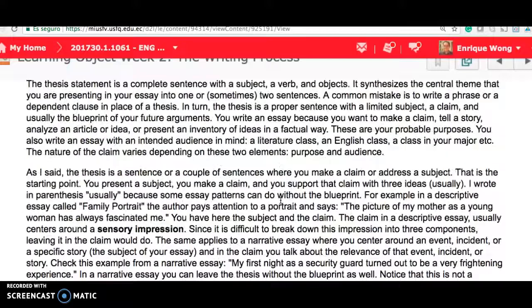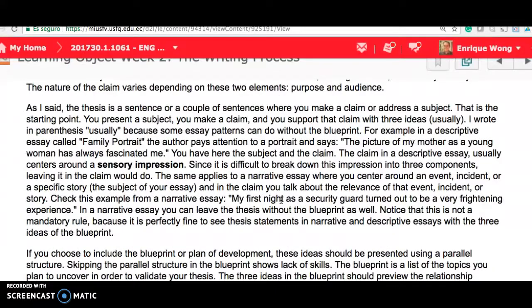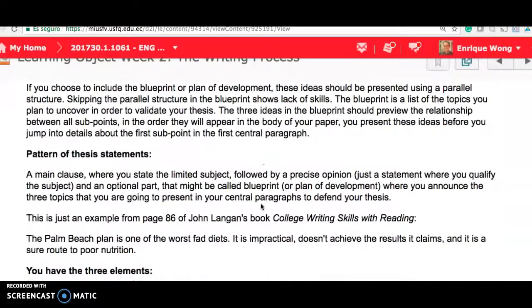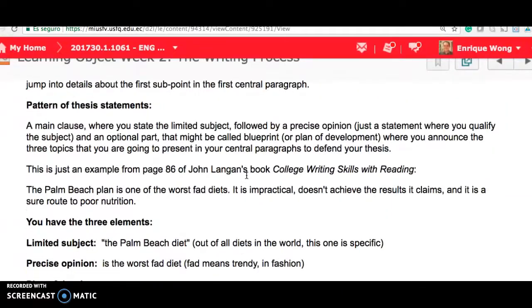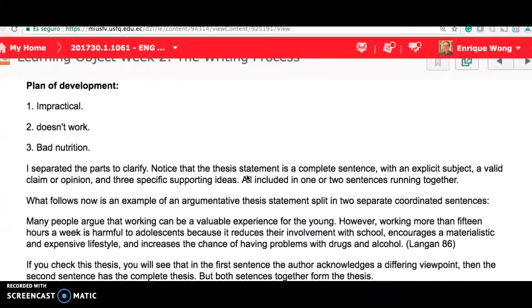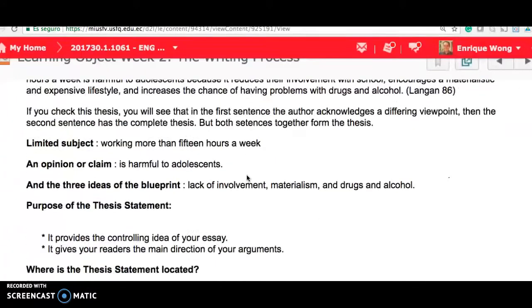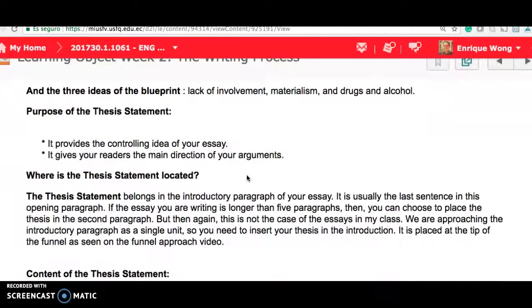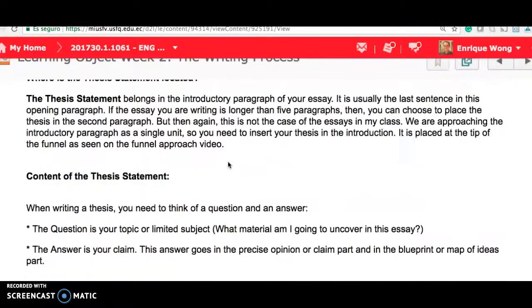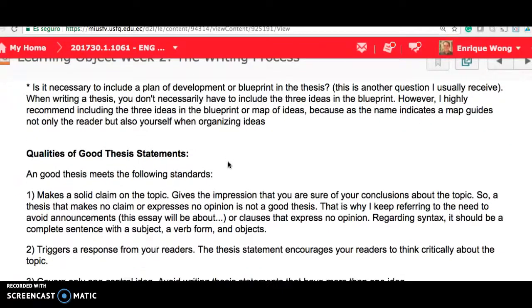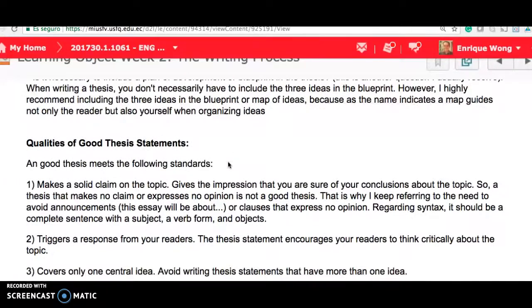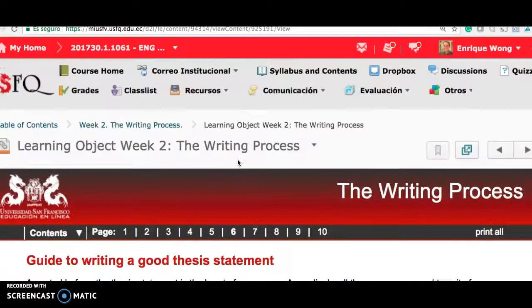Here you have the definition of the thesis. We're going to have a working definition for my class, examples of thesis statements, the pattern of the thesis statement, the differences between thesis statements depending on the pattern that you're using, whether it's an expository essay or an analytical essay, an argumentative essay, depending on the genre, basically, and the contents of the thesis statement. So you gotta study this carefully before Friday, and you gotta do the exercises on the thesis statement over here in the quizzes section.